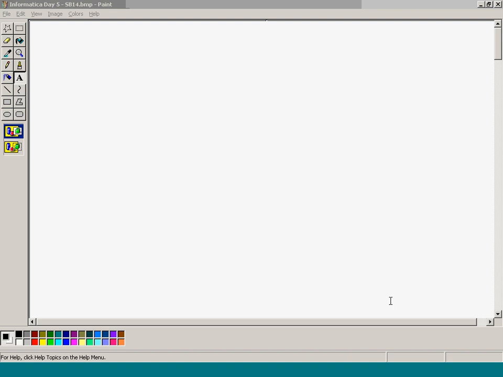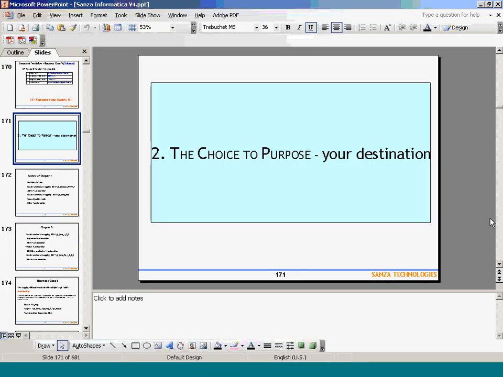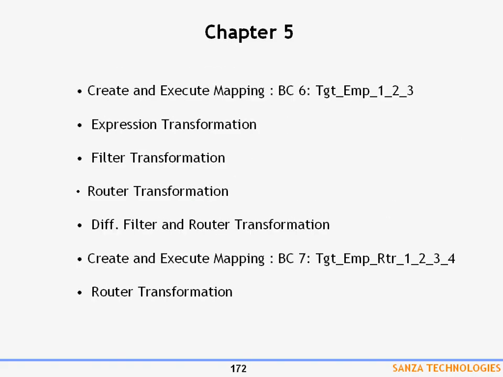Now today's agenda will be the expression filter transformation, loading data into multiple targets. Till now we were extracting the data from multiple sources. Now we will discuss extracting the data and loading into multiple targets using filter transformation and router transformation. Before that,